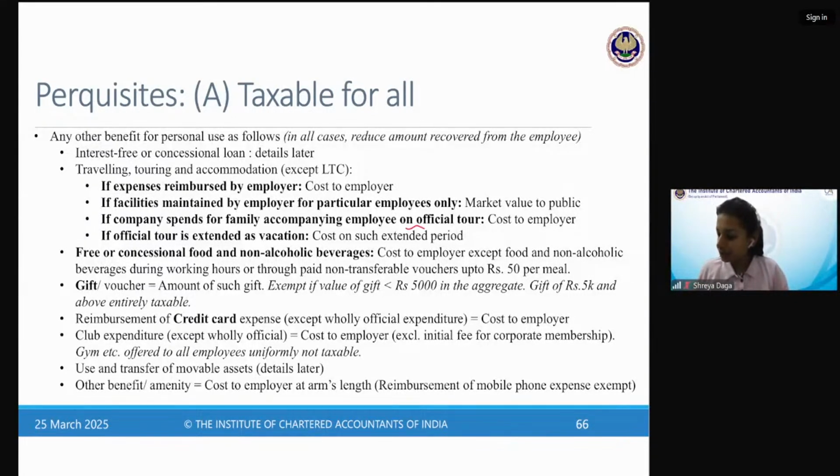ठीक है ना। इतना सब क्या मैम 1 2 3 4 ये लिस्ट याद रखना है क्या? नहीं, ये लिस्ट आपको याद नहीं रखना है। इस तरह का कोई भी आइटम आप एग्जाम में देखेंगे तो उसका ट्रीटमेंट कैसे करेंगे ये याद रखना है, ठीक है। 'Please give me a list of perquisites which is taxable for all employees', ऐसा क्वेश्चन नहीं आता जनरली, तो आपको वो लिस्ट याद नहीं रखनी है। अगर वैसा आइटम एग्जाम में दिखे तो उसका करना क्या है, वो ट्रीटमेंट याद रखना है।